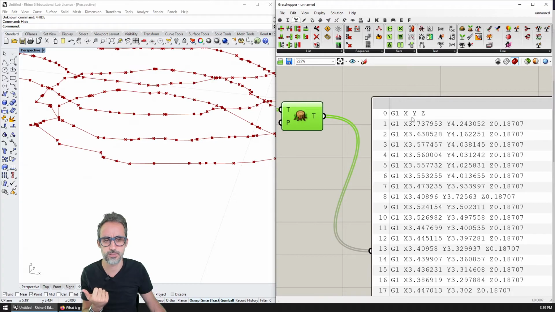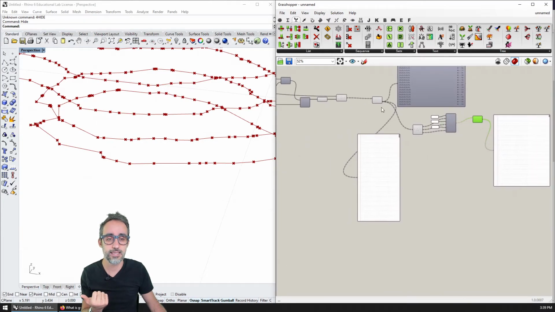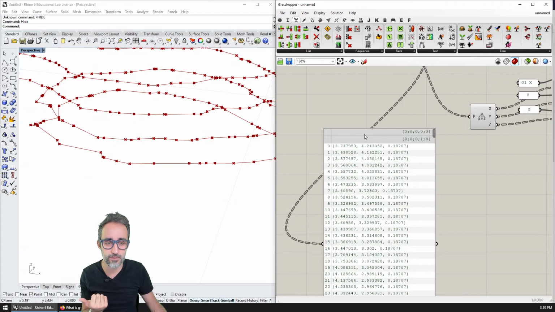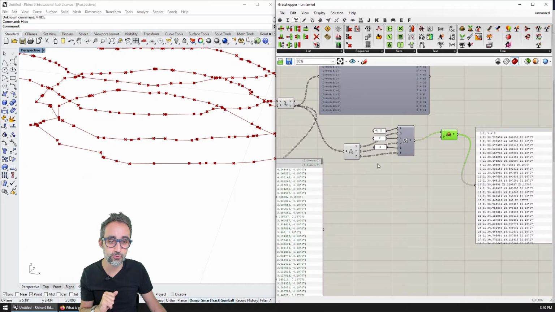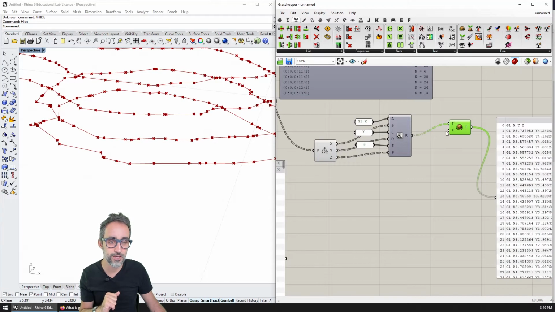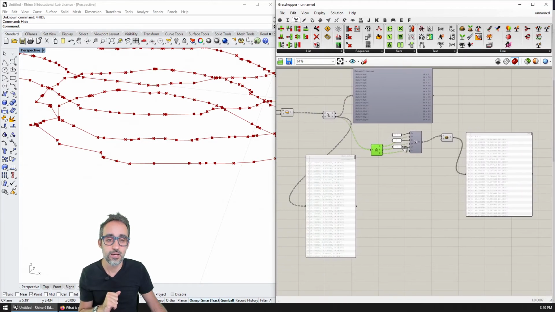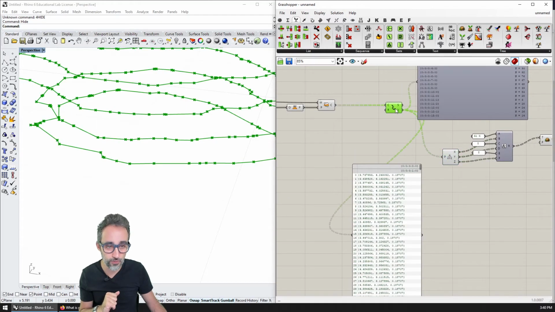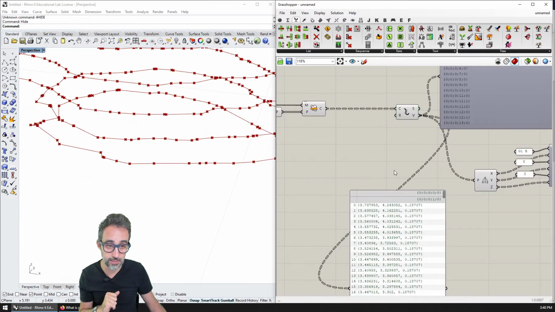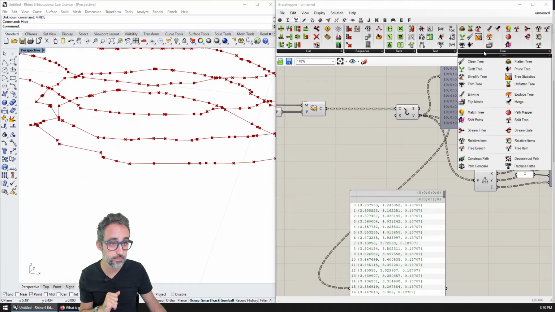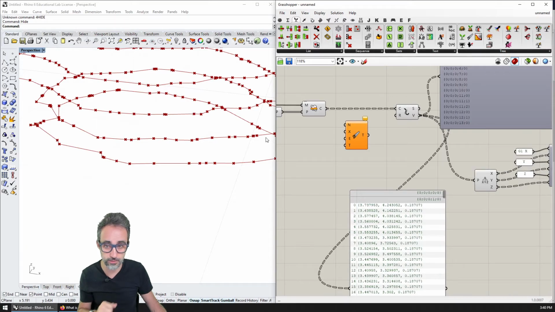like an error because it doesn't have any numerical data. That is happening because remember that I have an empty branch here that has no cuts, no sectioning, and that is leading to a branch that has no numbers for no points, and therefore we have this empty line here. So a way to avoid that is to clean up the tree before we start operating with everything. We can clean trees by going to the clean tree operation, right?